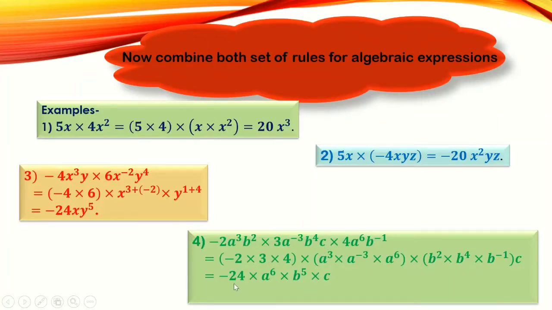And now we are multiplying the terms. So this is giving us minus 24. Same base, the exponents will get added. So 3 plus minus 3 will give us 0, so a raised to the power 6 only. And here 2 plus 4 is 6, 6 minus 1 is 5, so b raised to the power 5 into c. So this only is the answer, that is minus 24 a raised to the power 6 b raised to the power 5 into c. Next,